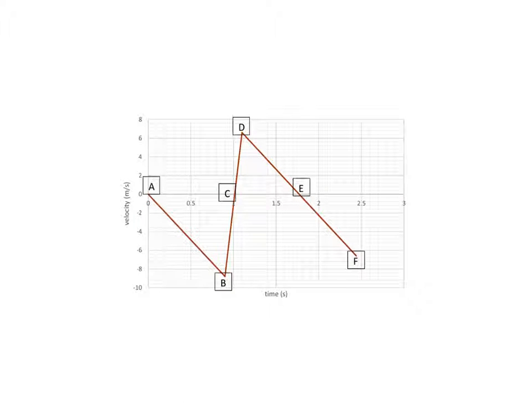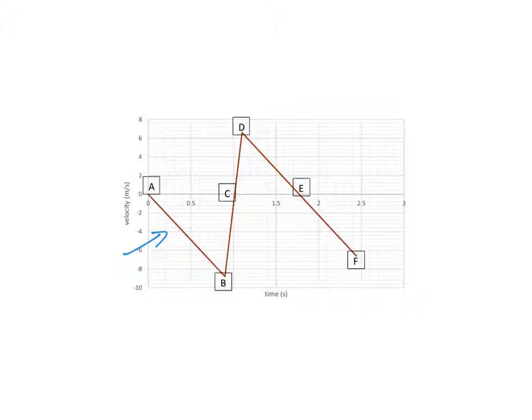In this last example, we're studying the motion of a ball which has been dropped and then bounces. So this is the velocity time graph. It starts at 0, but the ball is starting high up. And basically we're just going to look at each section a bit at a time and work out what's going on. So our first section here,